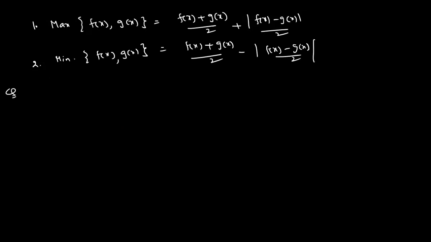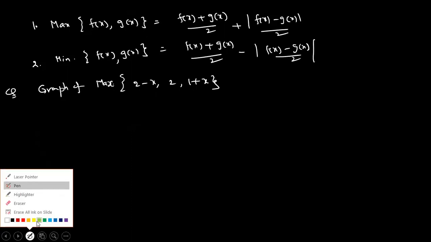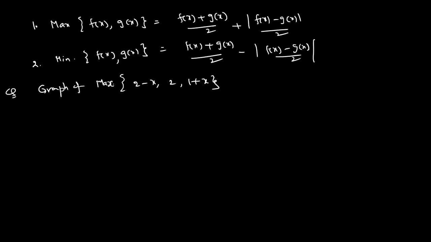Question. Draw the graph of the maximum of, this is the question. Dear students, see, every time both graphs are not possible, both the minimum of, maximum of, both graphs are not possible at a time. Okay, based on the question, you can see carefully, they are asking for the maximum. But here, anyone, please tell me how many graphs are there? What are you observing here, how many graphs are there, anyone? Graph of maximum of 2, anyone? 3, correct. 3, sir. Okay.